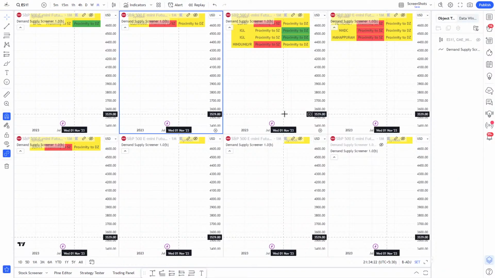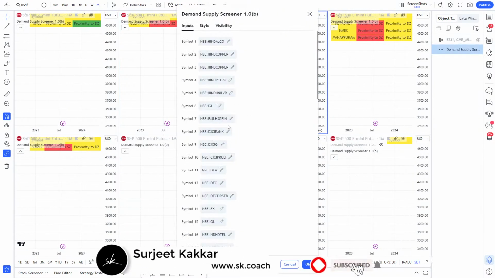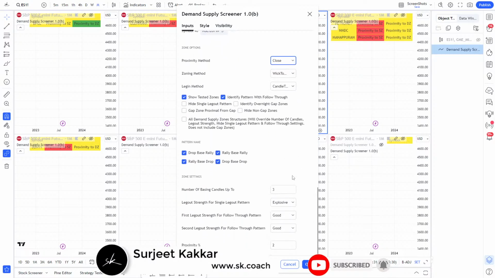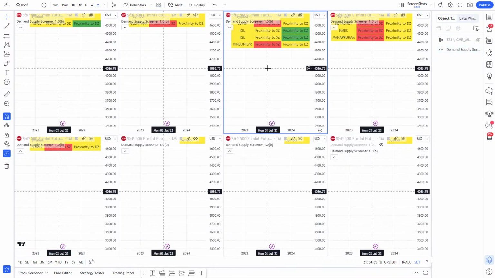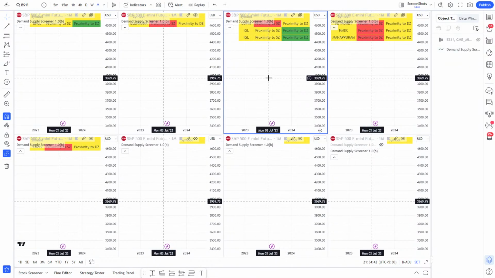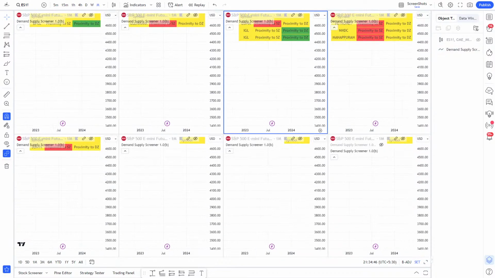For that, because you want it to be trading inside, the first thing is I need it on the closing basis, because only then it will be inside the zone. And now it should be 0%, because 0% means I will be inside of the zone, touching the zone or inside of it. So now you can see it is shortlisting 3 for me, which is Lupin and IGL. I think I added IGL twice here. So if I go to Lupin now,